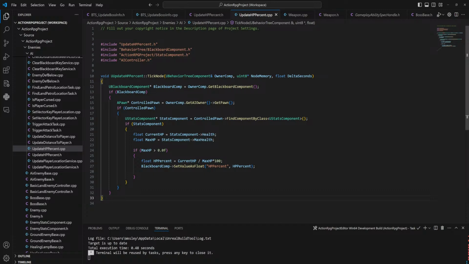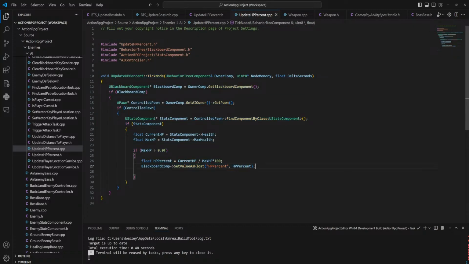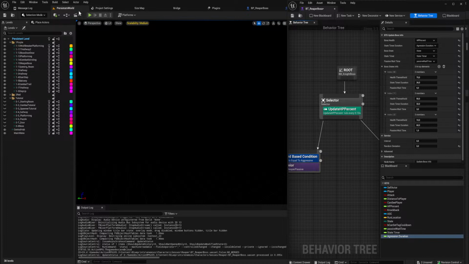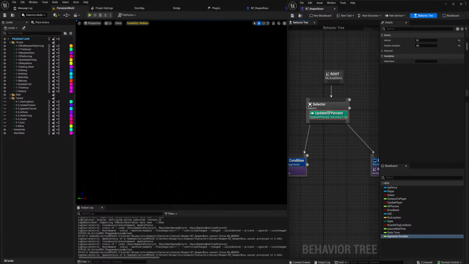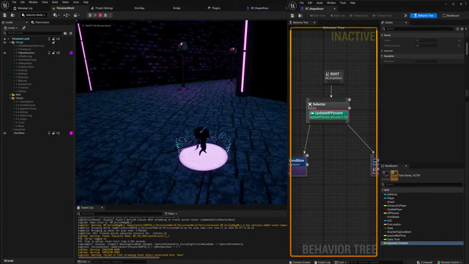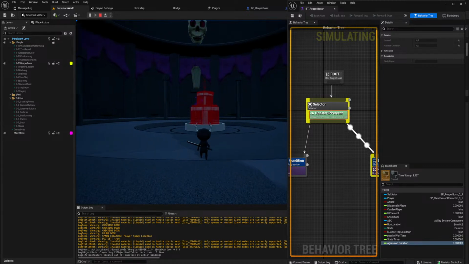I'm running this exact same node on all my other behavior trees. I know that this node works. This though is absolutely horrible. In fact, I am willing to bet that if I remove the boss update info and I just keep the HP percent, that it will work. Okay, it doesn't. Fair.